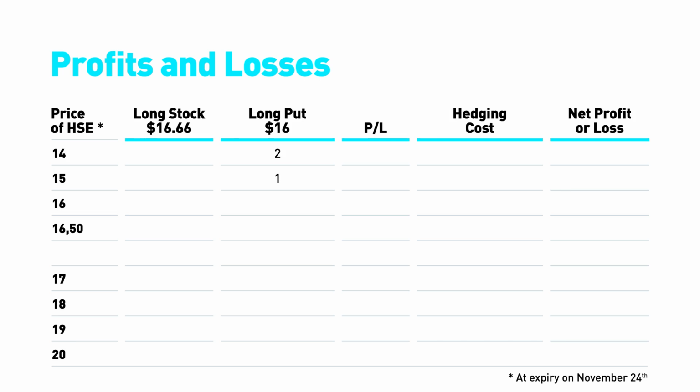The limited net loss is then the difference between the share price at expiration and the price of buying the stock, plus the value of the put option, less the 23-cent cost of the hedge, for a net loss of 89 cents. The break-even, or the price at which the strategy becomes profitable, is